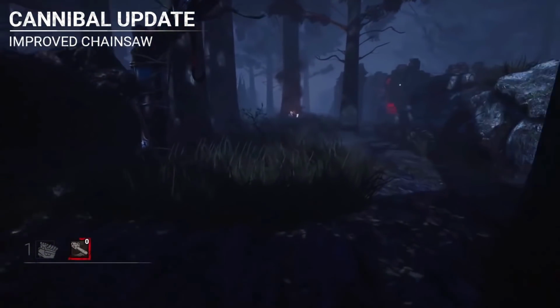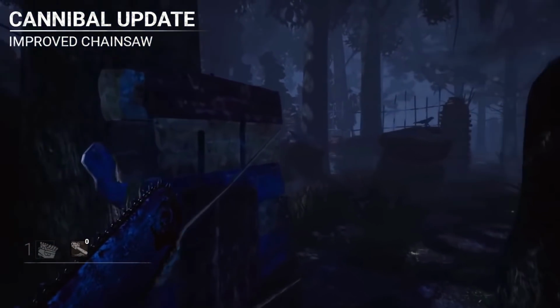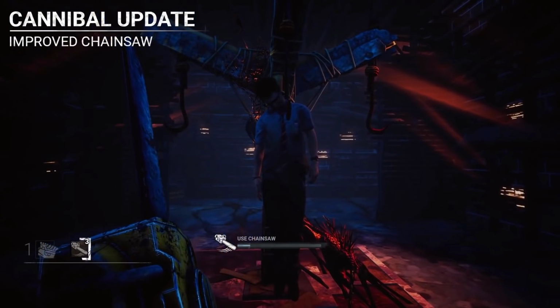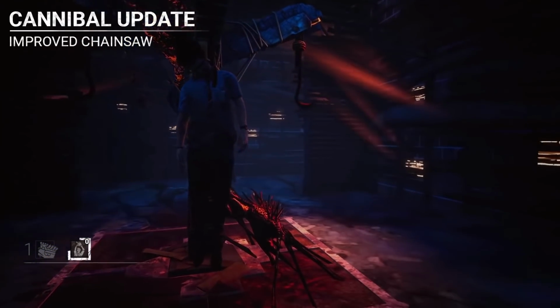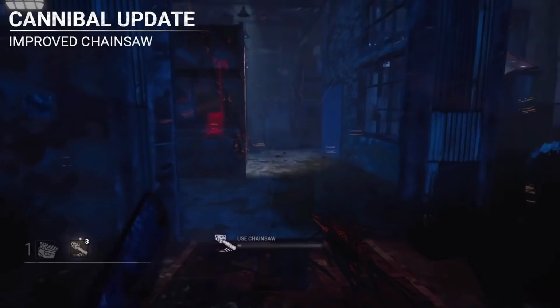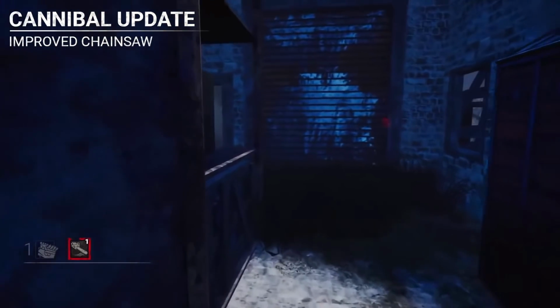They added a chainsaw sweep charge, a la Nurse's Blink. Think about Nurse's Blink and how you have 2 charges on it. This will be the same thing. Using the chainsaw will consume a charge and trigger a chainsaw sweep. During this time, the Cannibal can extend the chainsaw sweep by pressing the power button before the power bar fully depletes. The more charges are used, the longer the miss or cooldown tantrum